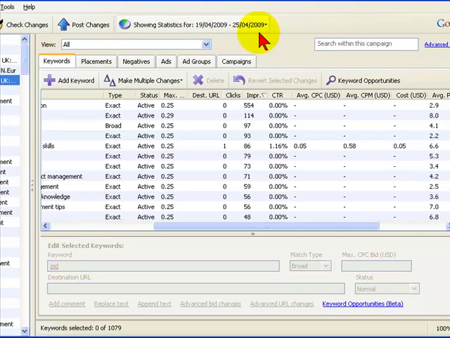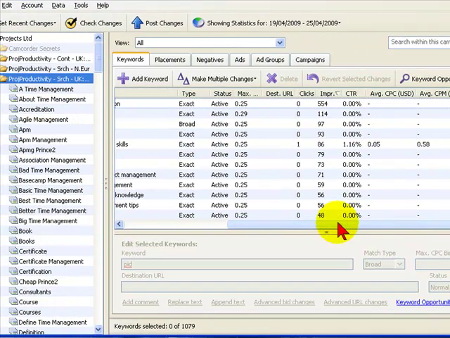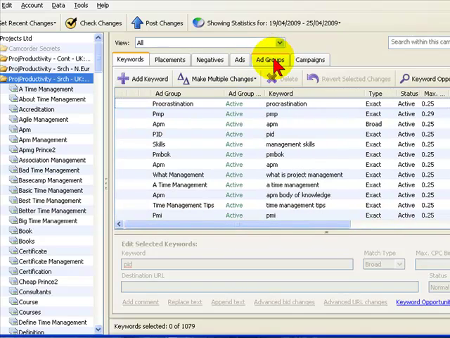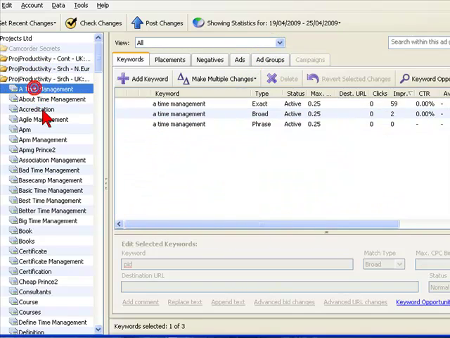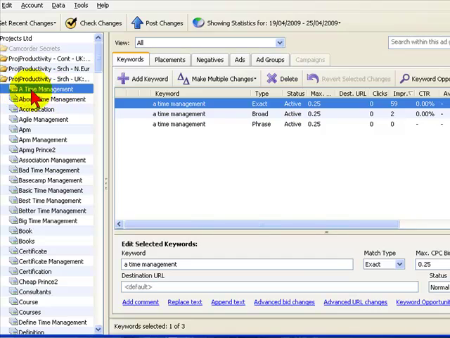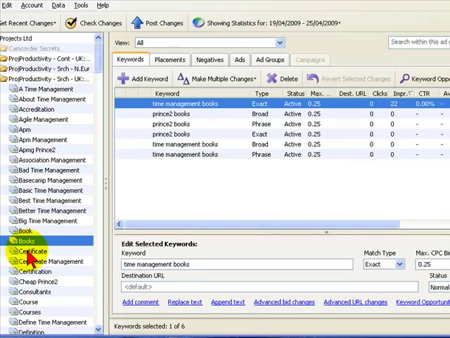a similar thing online. For example, if we actually look at my ad groups down the side here, you'll notice that the time management only has 3 keywords or keyword phrases within that ad group. There's the exact, broad and phrase match. Whereas, for example, under books, this particular ad group here has all these keywords, keyword phrases, and obviously